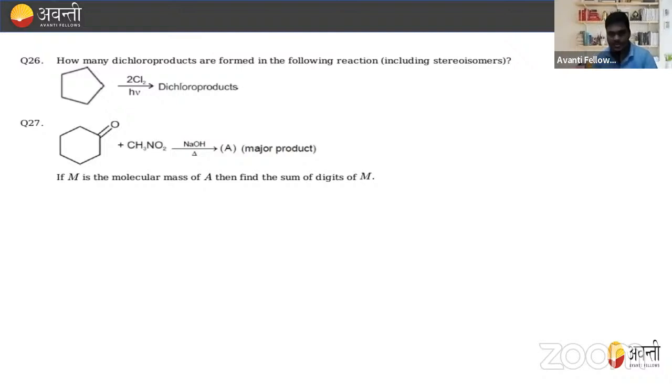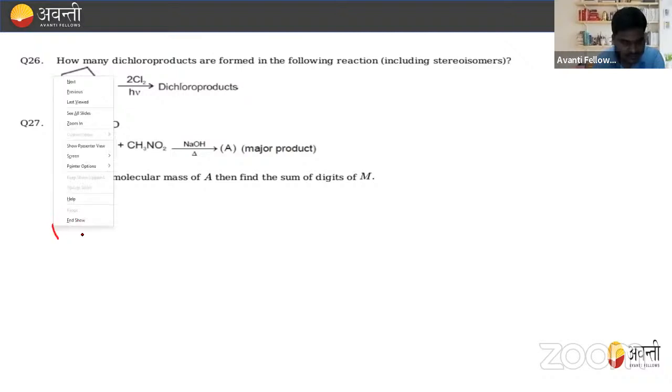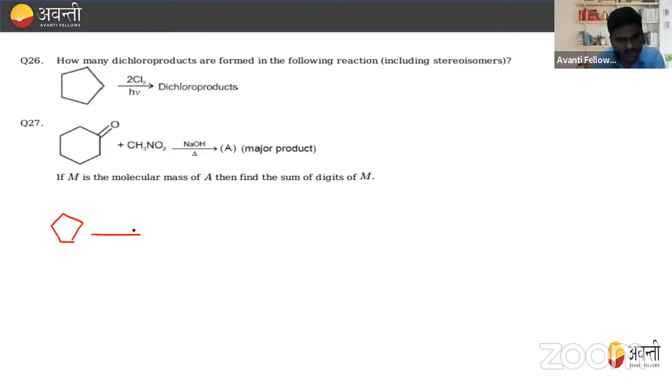So let's see how many of these are formed. When this is treated with Cl2 in presence of sunlight, they will produce